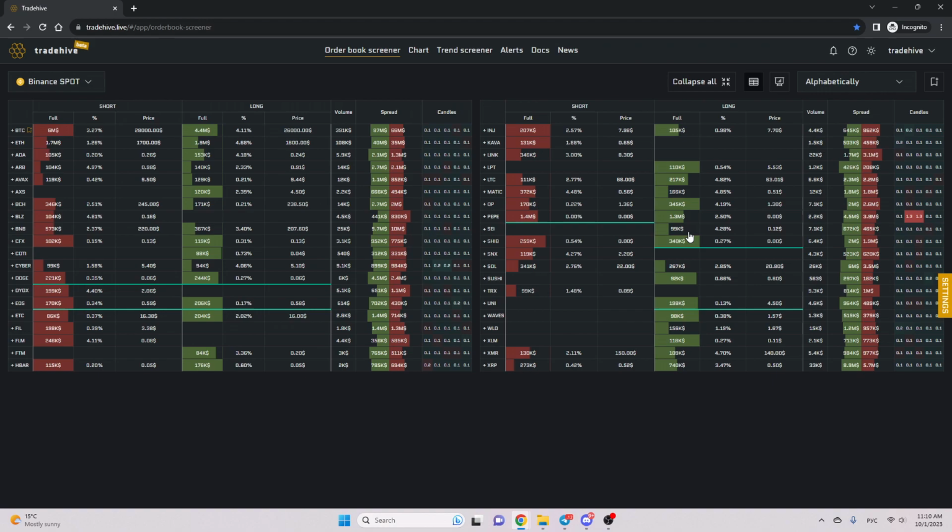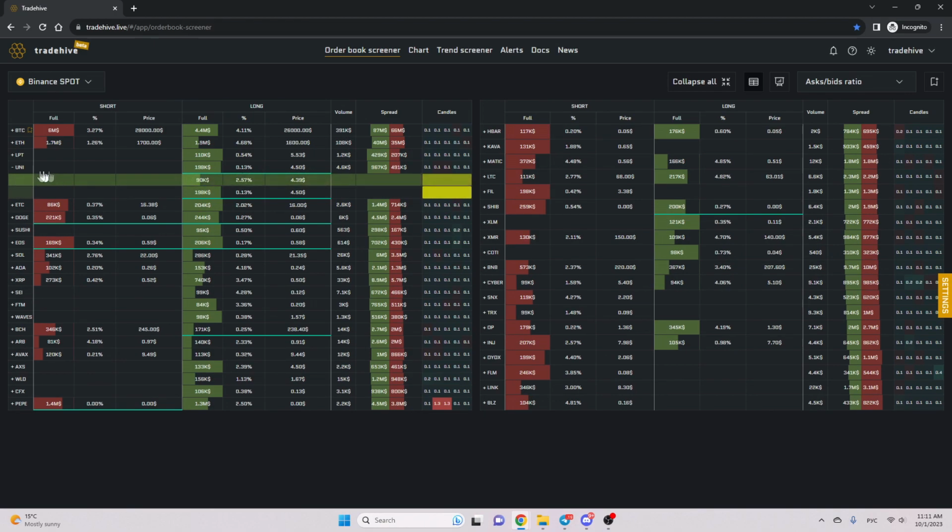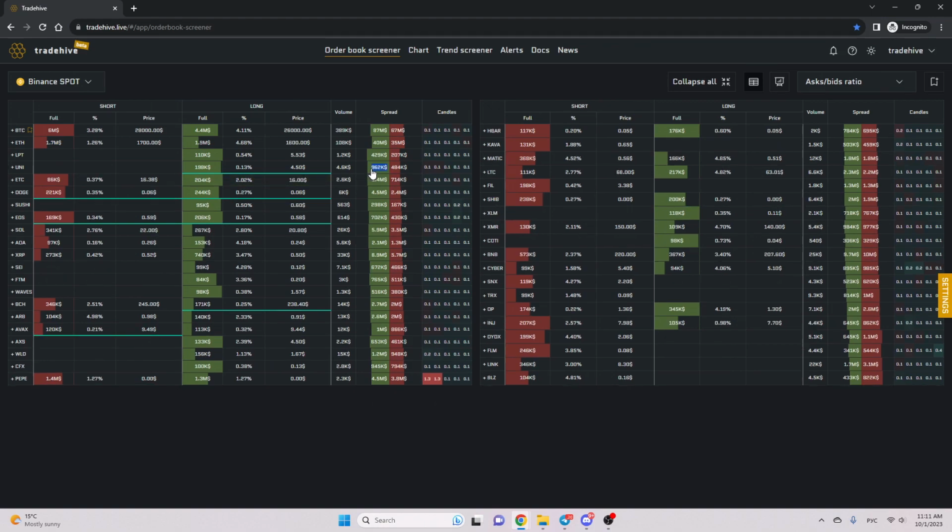But the question is how to find the cryptocurrency we'd like to trade. And to answer this question, we need to select the asks bids ratio sorting. It shows the delta between bids and asks in the order book for each coin. And for example, here we have a UNI coin which shows us that bids in the order book are larger